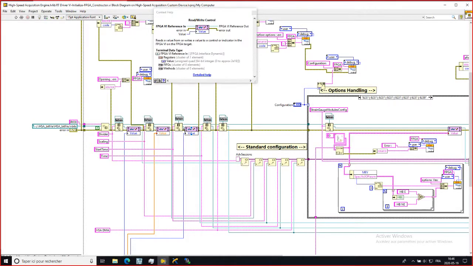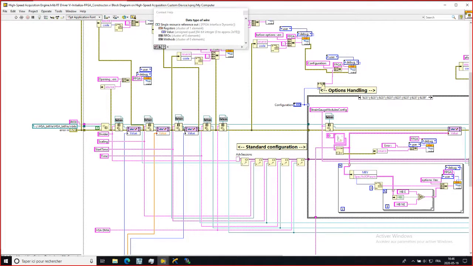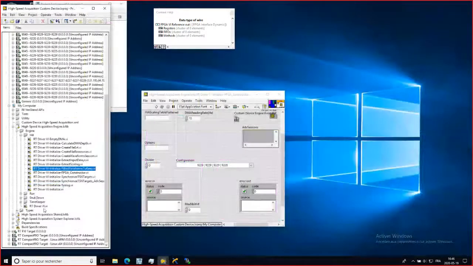I don't even have to care about closing the specific reference of the IO. Before RIO 13, it was necessary to close all of them one by one, otherwise you had some weird behavior. But now you don't have to close any of them. As soon as you close the main FPGA reference, everything will be closed behind the scene. And you can access it all from my configuration. And if we look into the,